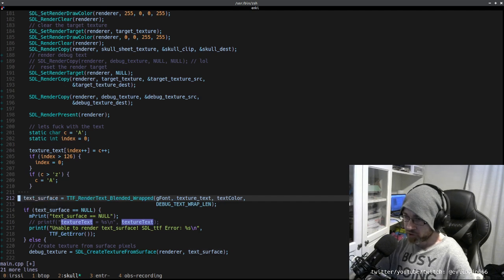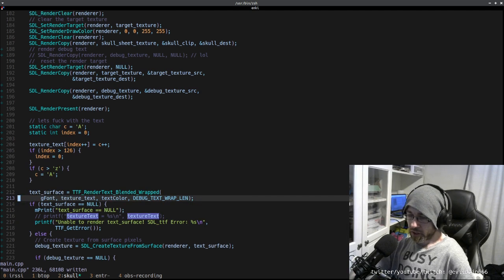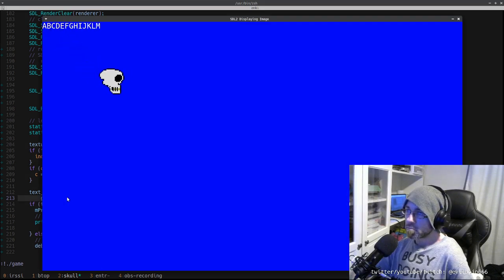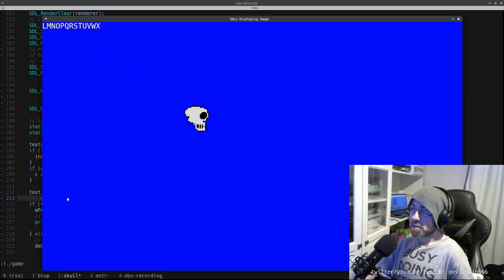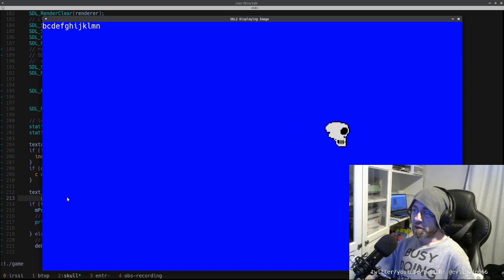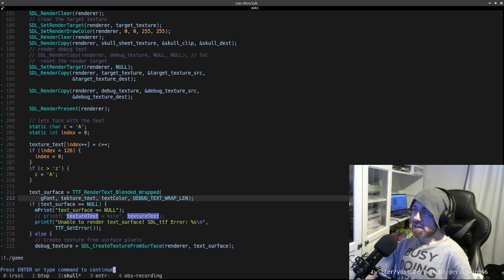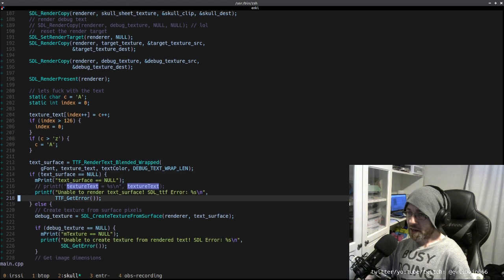Now this will be the first real good opportunity to have a function. Now it's not, oh, there it is. It's only updating every so often though. And it's not doing